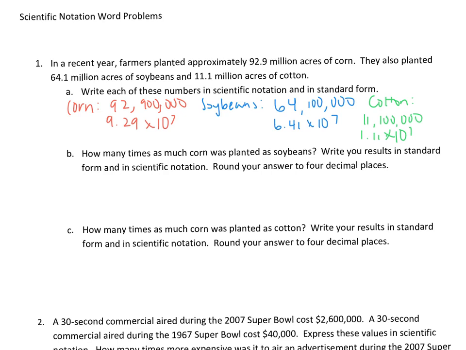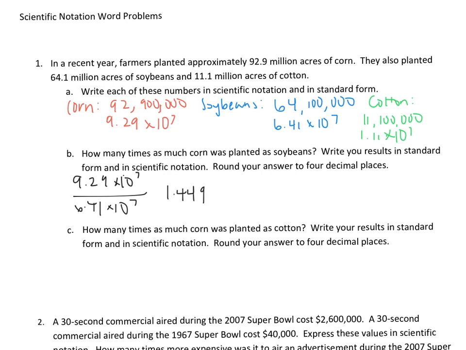So if I look strictly at the scientific notation, 9.29 times 10 to the 7th divided by 6.41 times 10 to the 7th,